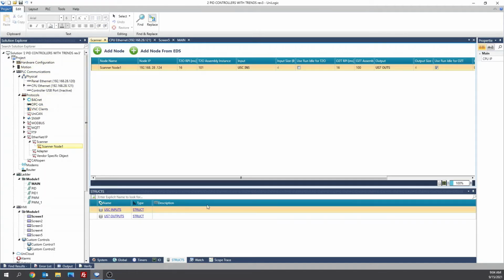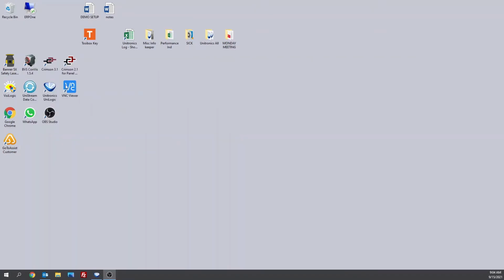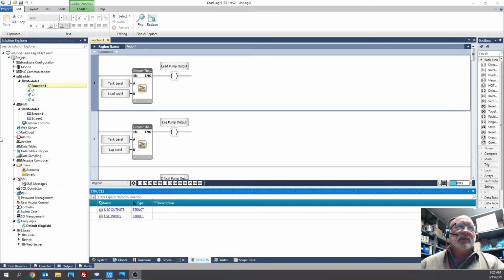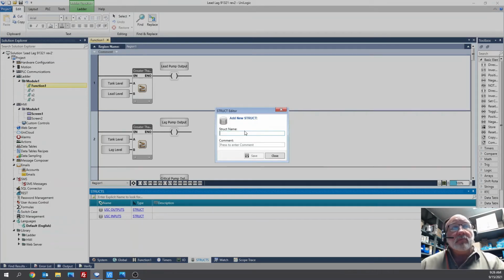If I go out to actually look at the project, I can open a VNC viewer. Just a quick explanation of a struct. Structs contain sets of information that you're going to use. If we want to make a new struct, you have the navigation tools at the bottom. New struct, you have the freedom to name it whatever you want. Typically you name it something that means something to you. So, outputs